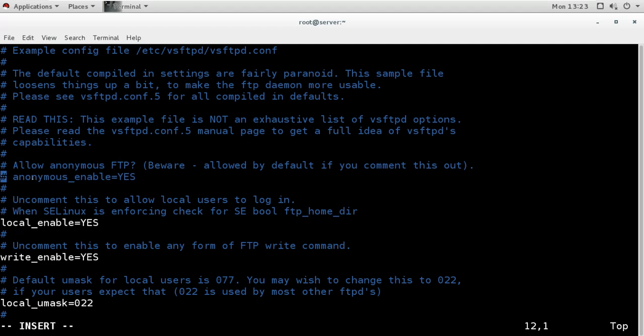Most of the default settings are like this: when you comment, it will go to no. If you apply it, it will say yes, and if you comment it out, it will say no. But here in FTP, you can see what it is saying: be aware, it is allowed by default if you comment this out. That means if we comment it, that does not mean it will be disabled. In the default status, it is actually allowed.